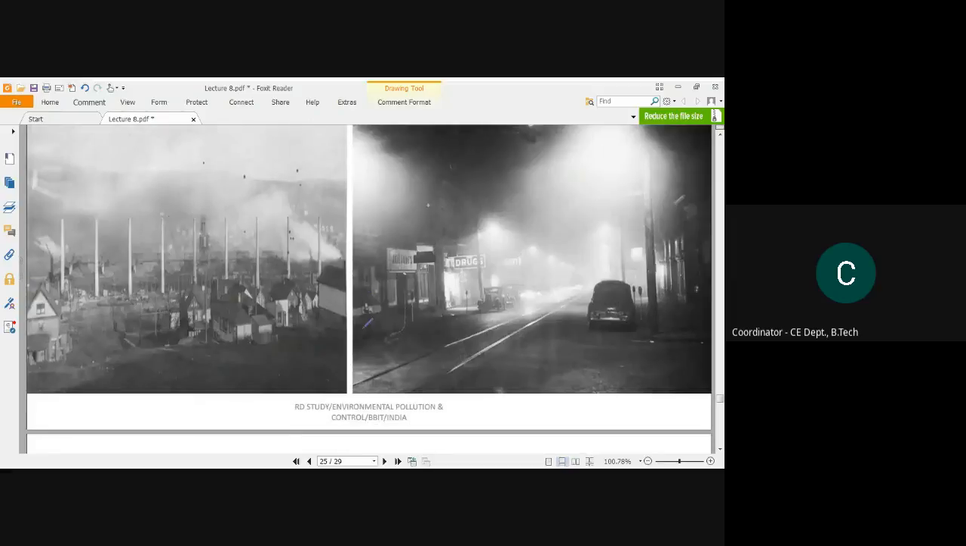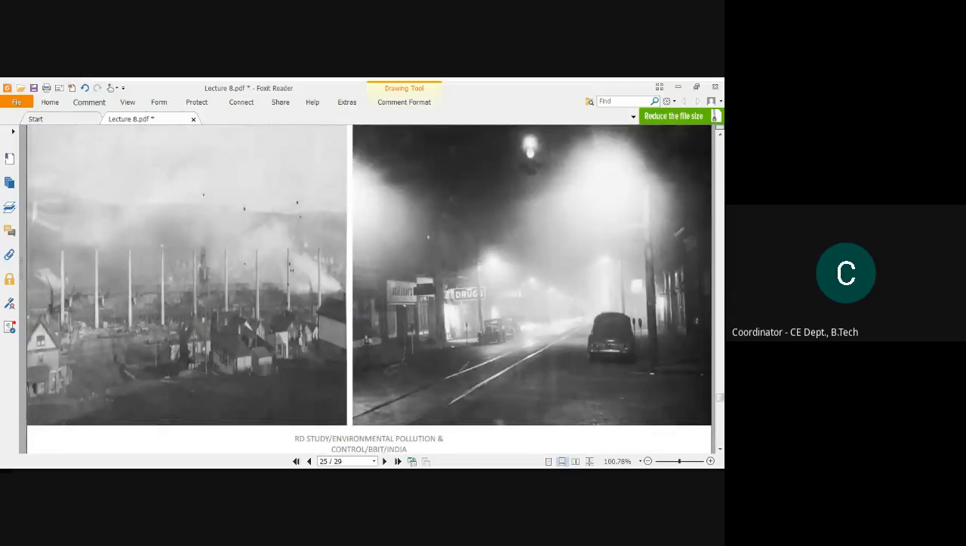So this is a picture of the place Donora. This is the air pollution, the smog. See, this is the industrial exposure that happened to that place, and this is the time of night. For the continuous 5 days, this happened to that place. Okay,